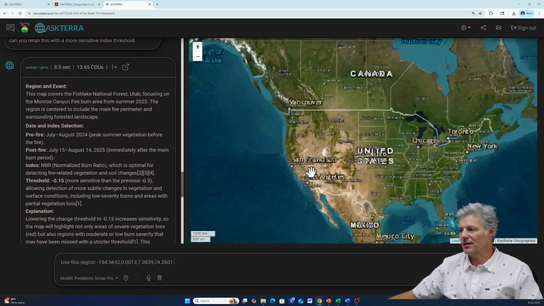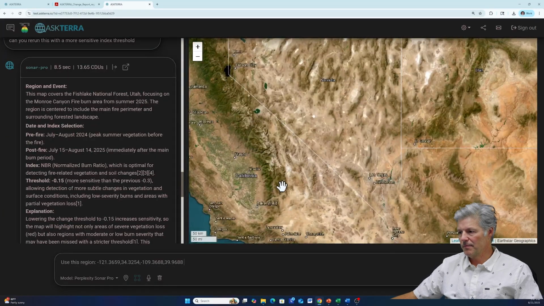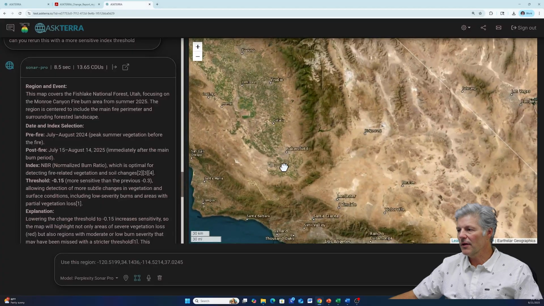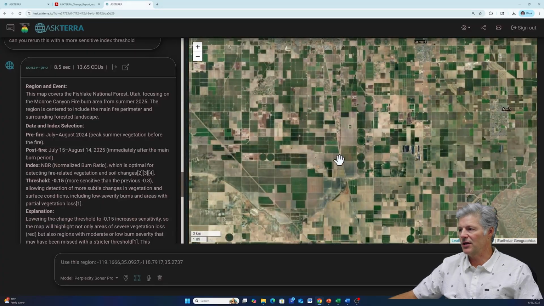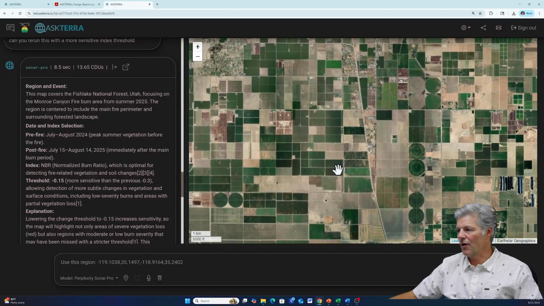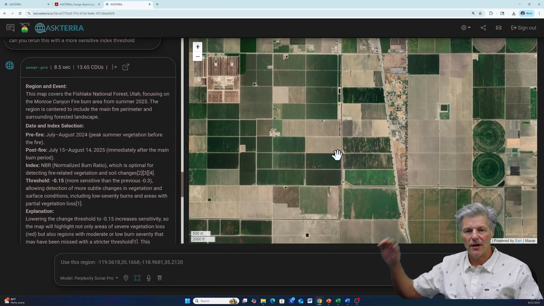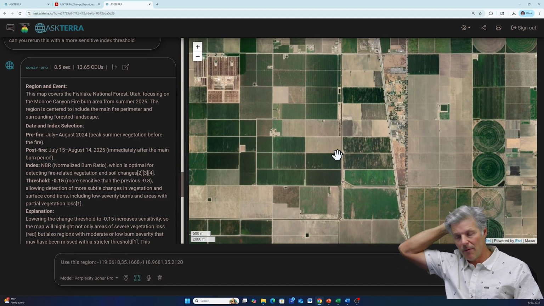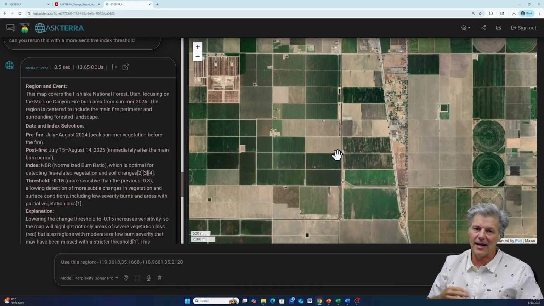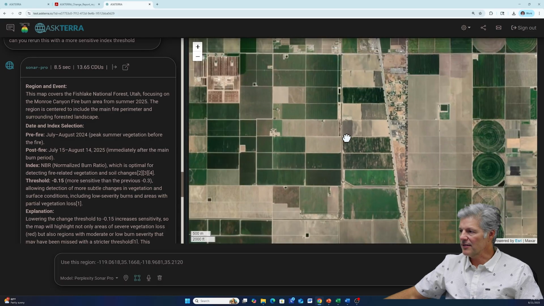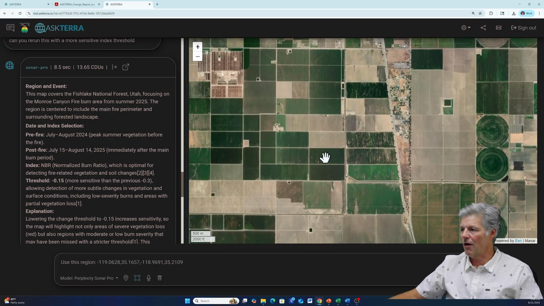So let's say that I'm interested in a particular area of almond groves that I've been tasked with managing. And I'm looking at this farm, I'm responsible for its almond production, and I'm concerned that the almond groves from this season aren't as productive as last, and I need to be prepared if they're not. So I've zoomed in here just south of Bakersfield, and let's say on these plots of almond, or these groves of almonds that I'm in charge of handling and making sure that they're healthy. So now you can see, instead of me trying to prompt and get exactly where I wanted to go, I just navigated there in the GIS. And now I can prompt on that location,